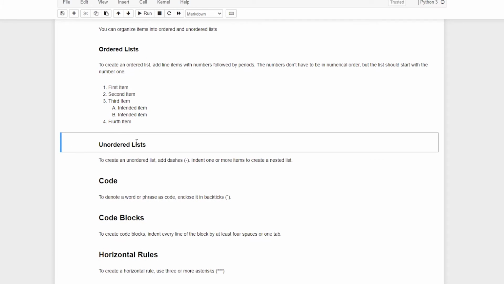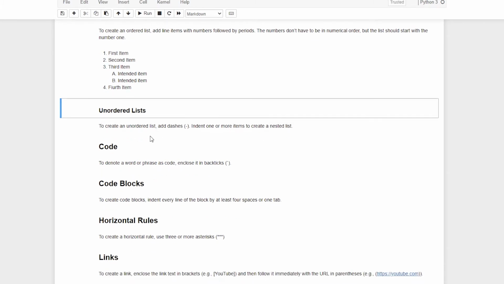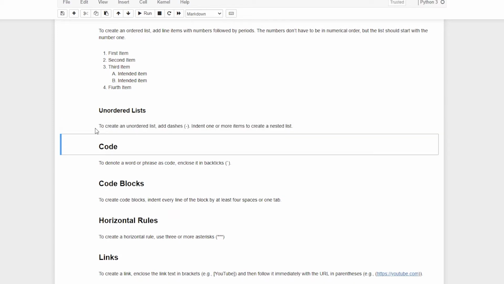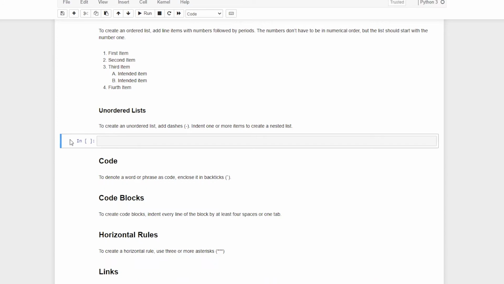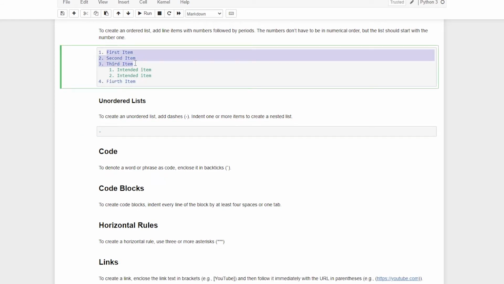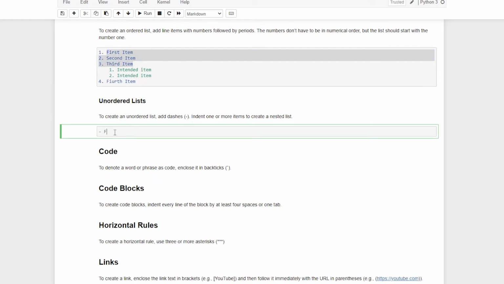In the same way, you can do it with an unordered list. The only difference is that you don't write 1, 2, 3, whereas for an unordered list you use dashes. So let me not use this one. Let me create a new cell, change it to markdown, and write. Okay, maybe I can just simply copy these. Why should I waste time? Okay, never mind.